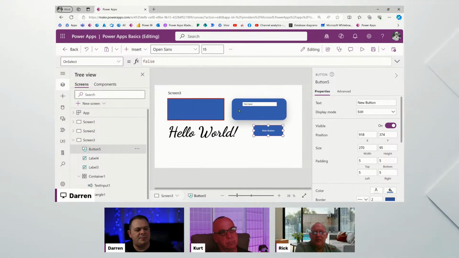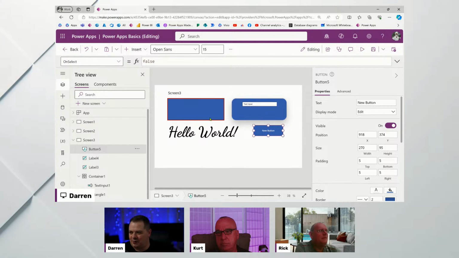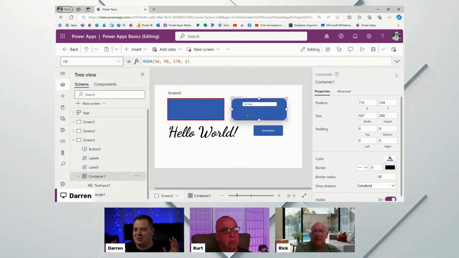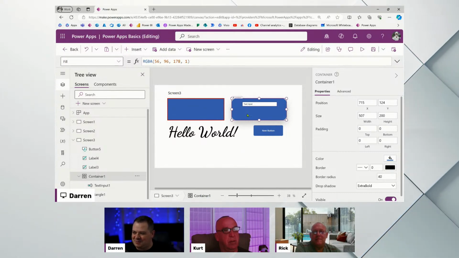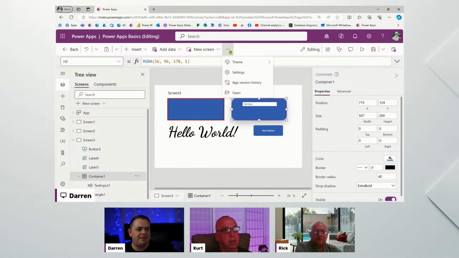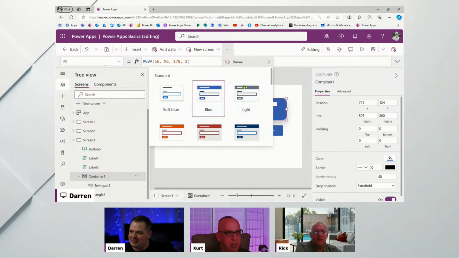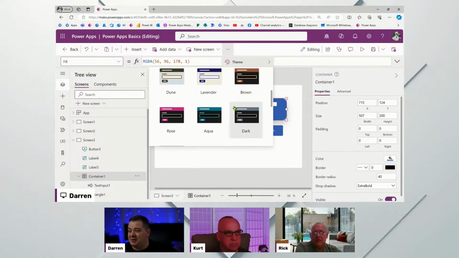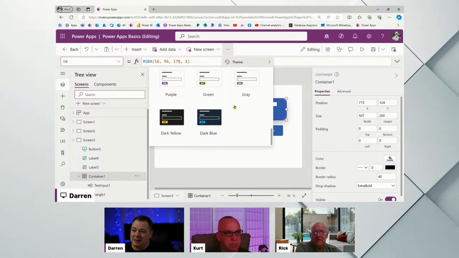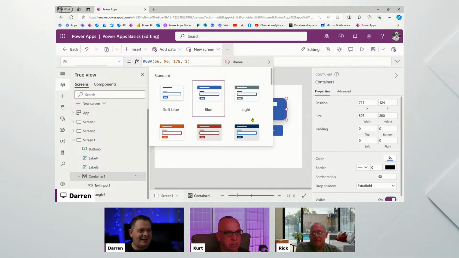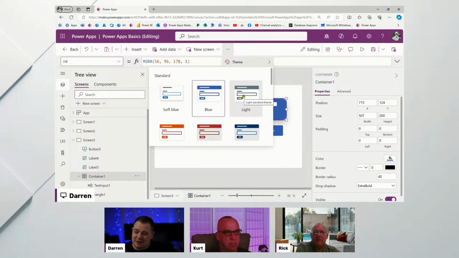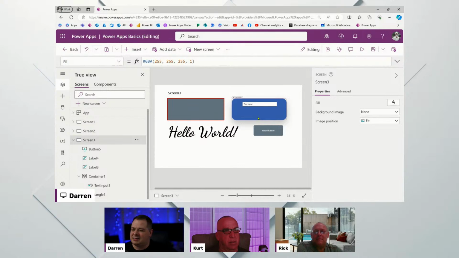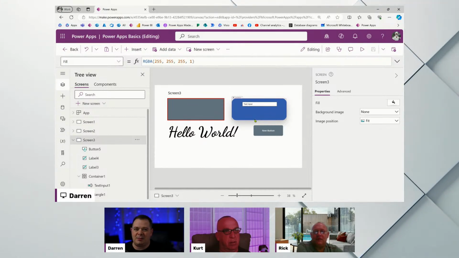Now, something that you'll notice is that we got this weird blue color all over the place now. And this is actually part of a theming. Now, there's all kinds of different ways you can do theming inside of Power Apps. So if you go up here to the top and you go look at themes, we've got some themes. Now this is where this blue color is coming from, and these are the themes that we have to choose from. And I'm not really impressed by any of them, to be honest. What I do like to do is pick this light theme, because chances are you have your own colors and styles that you want to implement in your application. That's probably going to be